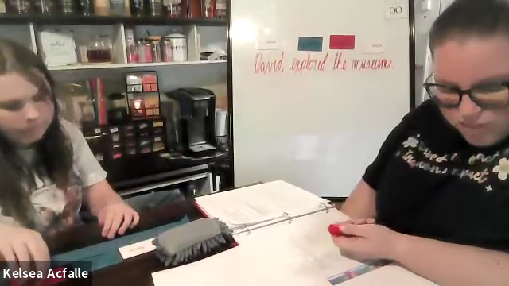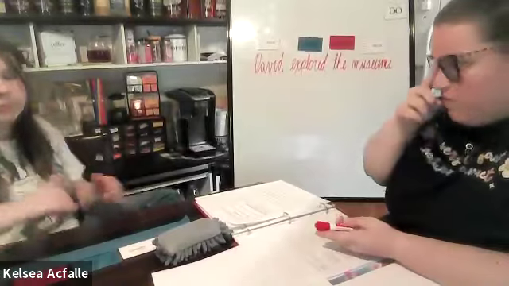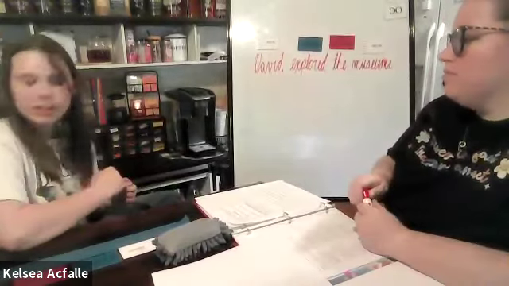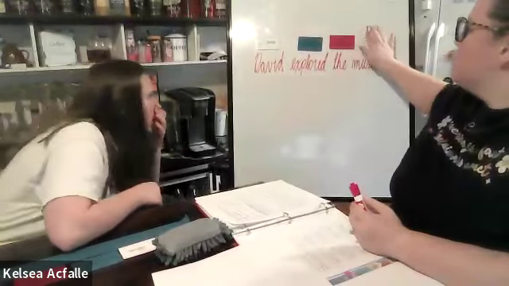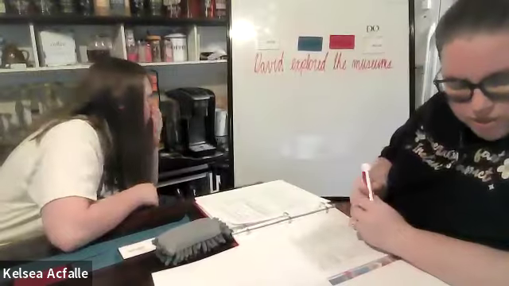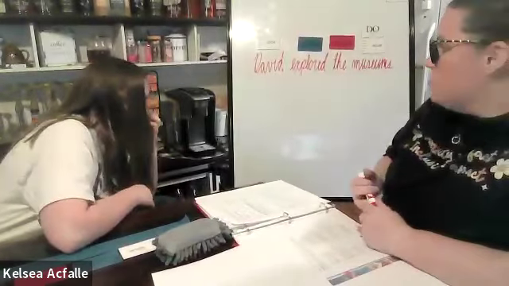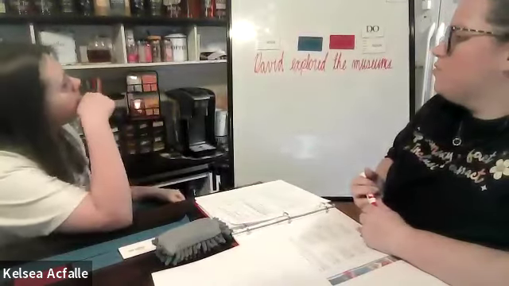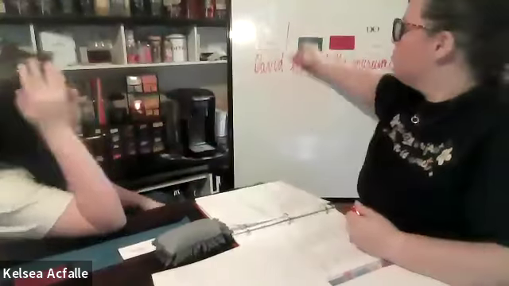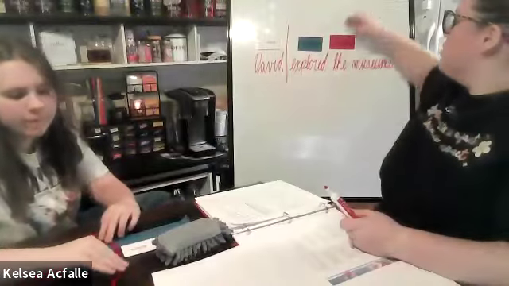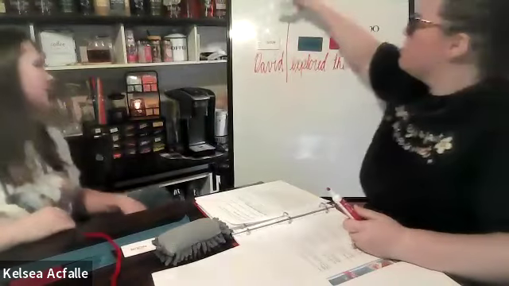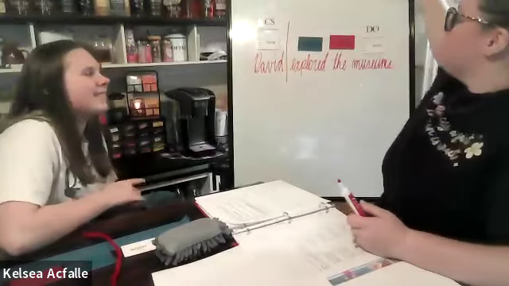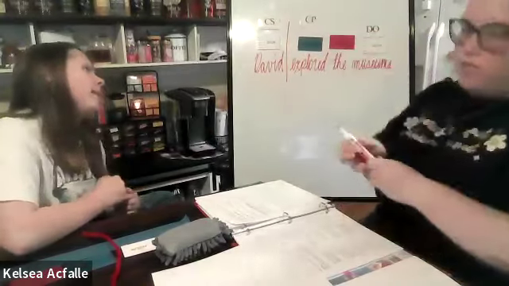Do we have a noun to receive the action of the action verb? Yes. What is it? That's museums. So it is our direct object. Very good. Where do we divide the sentence? Before the action verb. Good. Everything before the action verb is the complete subject. And the action verb and everything after is the complete predicate.